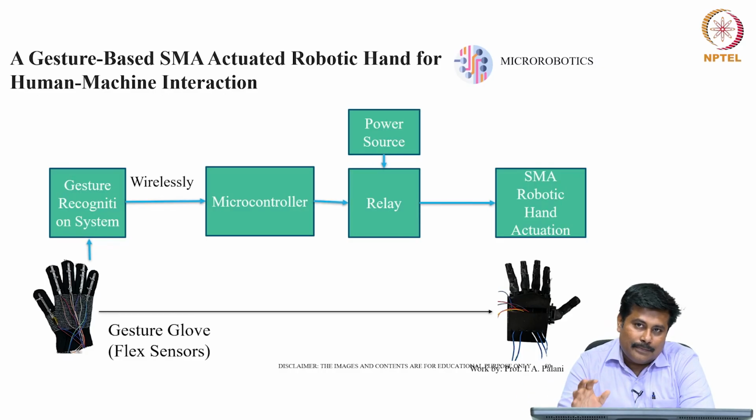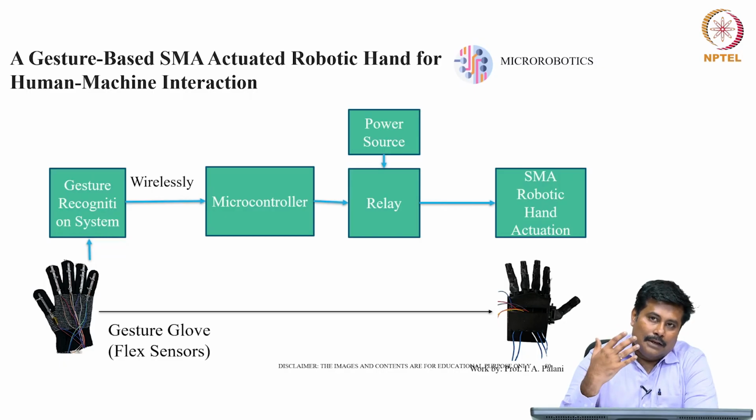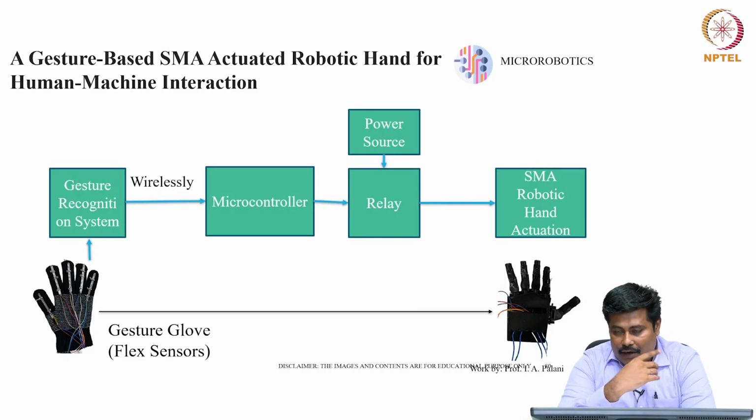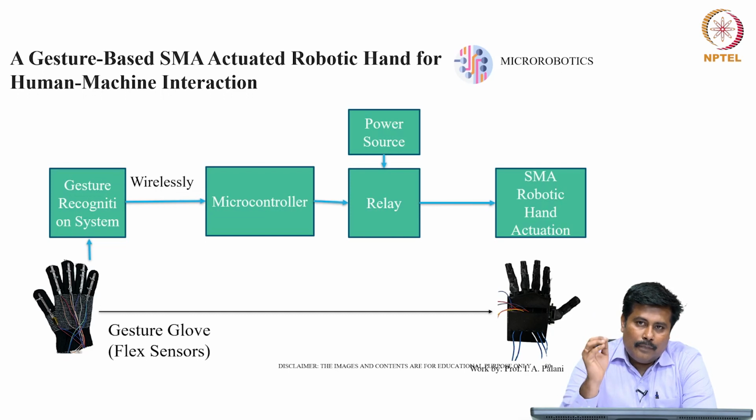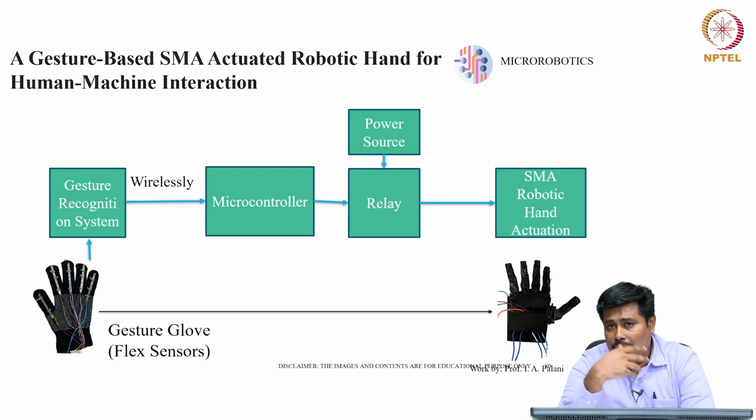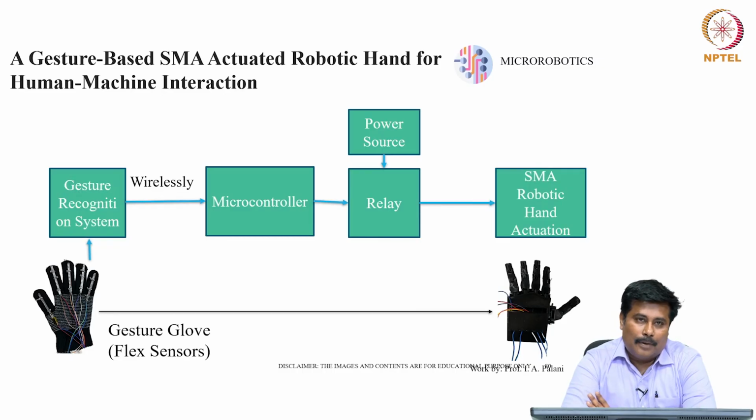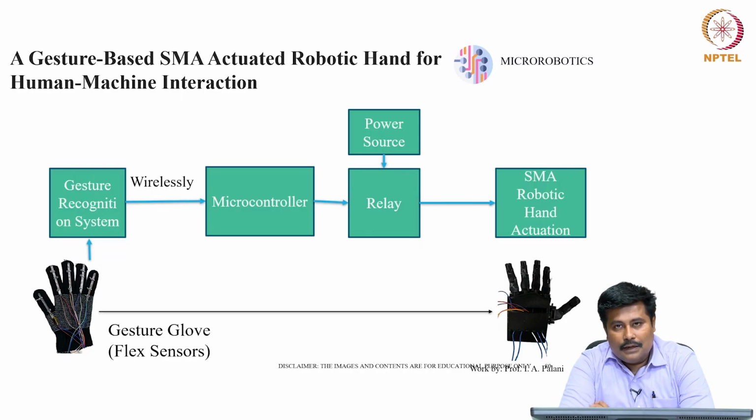As far as this man-machine interface is concerned, the sensory system that has been deployed should be capable enough of interacting with the main system, so that it can be used for seamless communication, and a seamless transformation can happen. In this particular process, there is a need for a gesture recognition system, and this gesture recognition system should be capable enough to interact with the microcontrollers, the relays, the SMA robotic hand and the